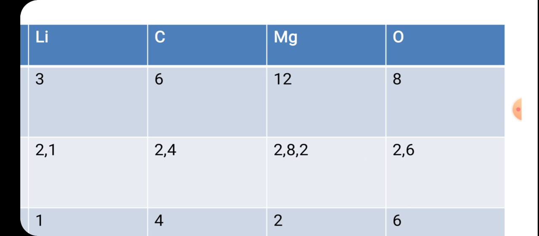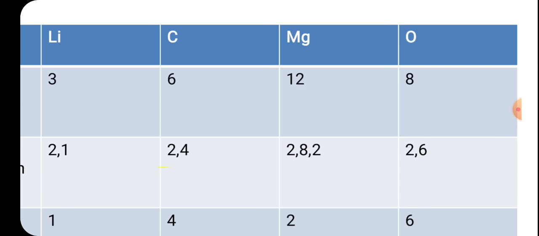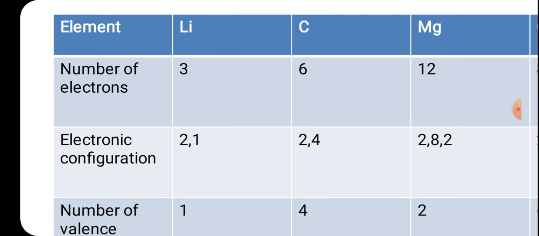What is meant by atomic number? Atomic number means number of protons. Is it right? So can you tell me atomic number of carbon? Atomic number of carbon is 6. Number of electrons are 6. Naturally number of protons are 6. And number of protons gives atomic number. So atomic number of carbon is 6. Clear?